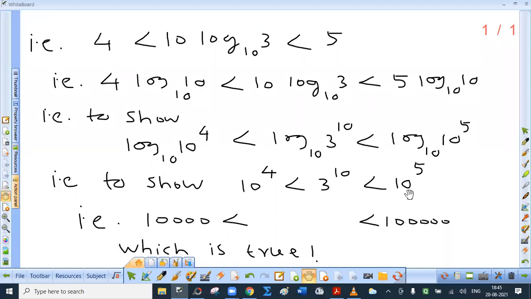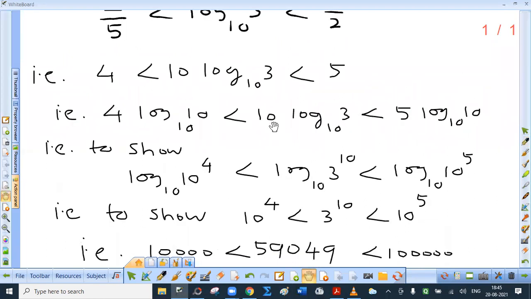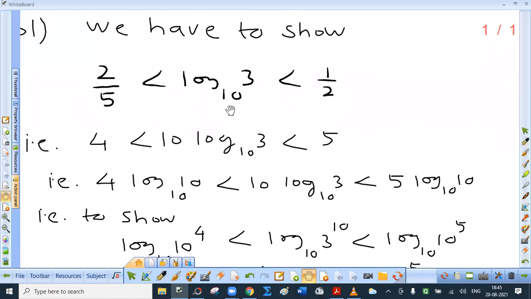3 raised to 5 is what? 243. Now you have to find the square of 243. It is 59049. Please check this. Is it true? Obviously, 10,000 is definitely less than 59,000 something, which is definitely less than 1 lakh. So this is true. Now listen, if you are asked to prove something of this type in which here the denominator